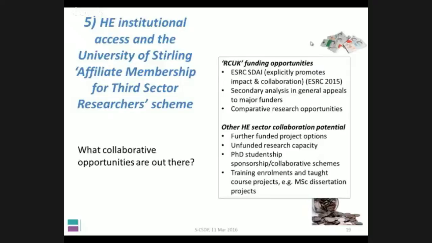One possibility for people thinking about doing research in civil society, in collaboration with third sector research resources, would be Research Councils UK funding opportunities. So this is government funding available for original social scientific research. The Economic and Social Research Council, for example, a social science research funder, will encourage